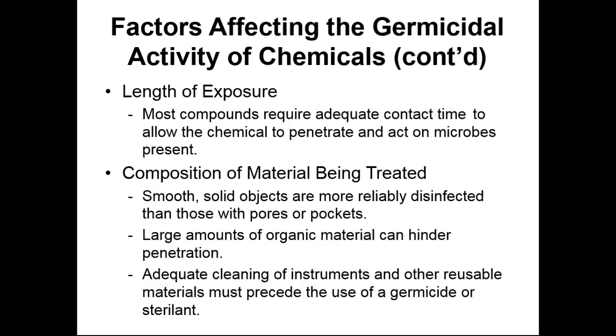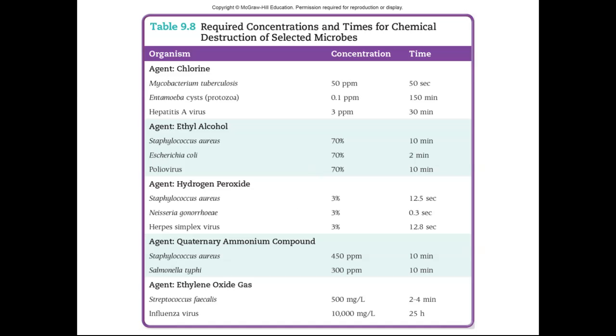And then finally, when we're trying to sterilize a piece of surgical equipment or something that must be completely sterilized, we need to kill all the vegetative cells and all the endospores. During that sterilization process, you first need to clean it, generally speaking, with soap and water. And then after you've cleaned it with soap and water, you expose it to the sterilizing chemical. The reason you clean it with soap and water beforehand is because you want to remove that excess organic material that could potentially hinder penetration of the sterilant or the germicidal chemical.